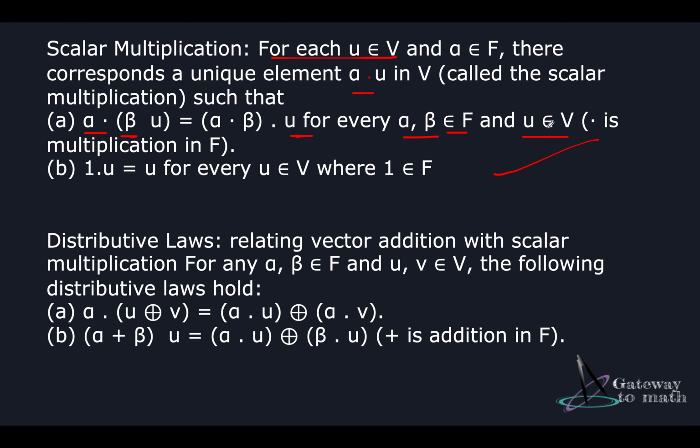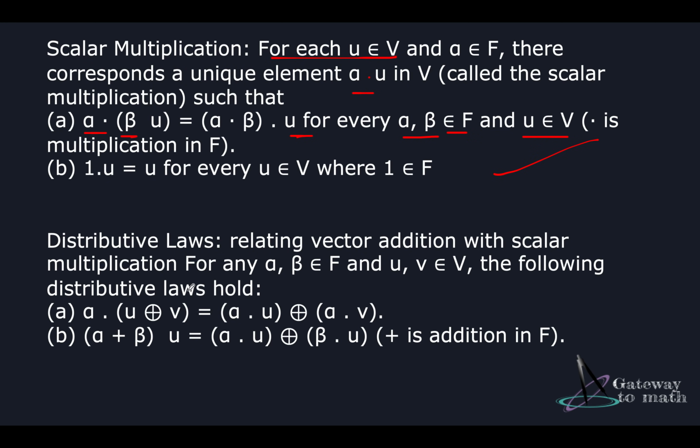In a nutshell, I'm trying to say that vector space is closed under multiplication. So you multiply them and then that value is actually a part of the vector space. You're multiplying the scalars together and then multiplying with a vector, or you just multiply the vector first with a scalar and then again multiply it with a scalar. It will be closed for this multiplication. The value will still be a part of the vector space when I say it's closed under multiplication.